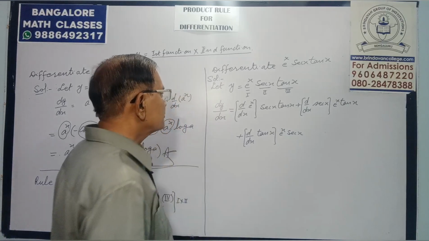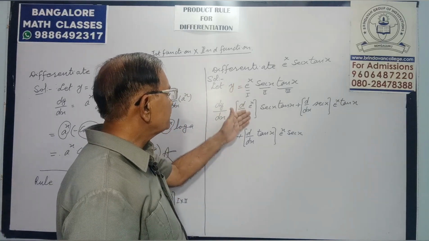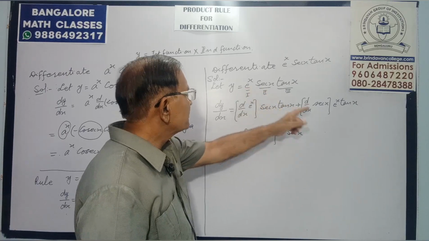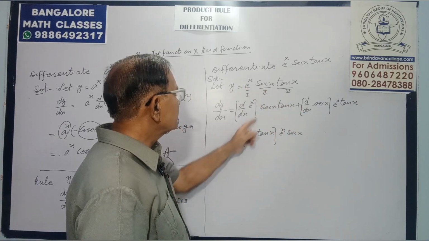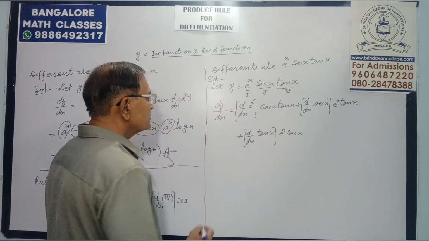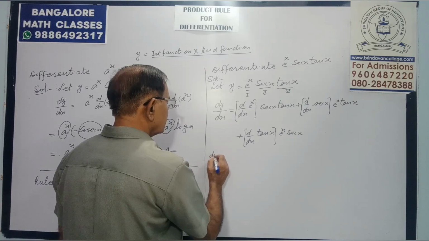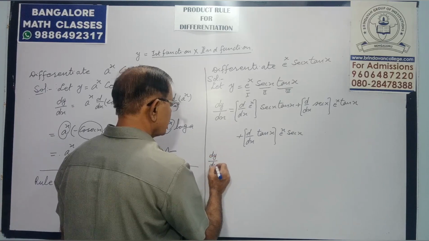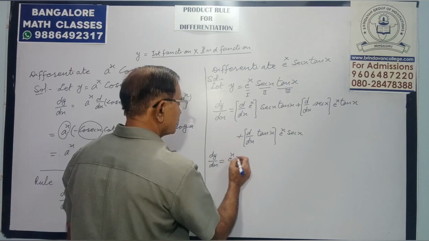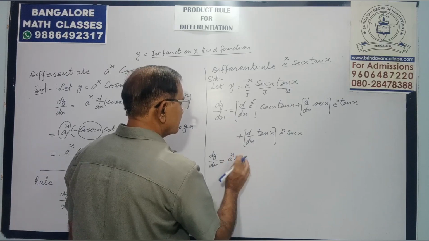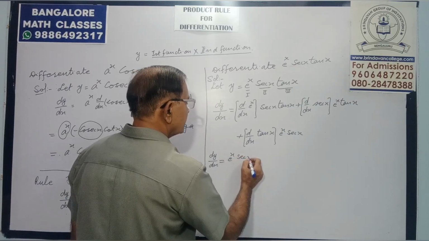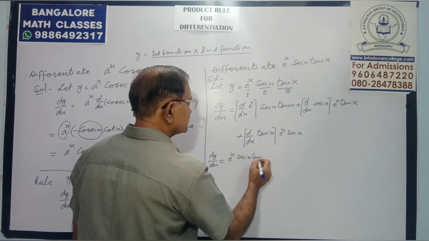Like that we are supposed to do. Differential of first, second and third as it is. Differential of second, first and third as it is. Differential of the third, first and second as it is. Now differentiate it. dy by dx: e power x as e power x, secant x and tan x as it is.